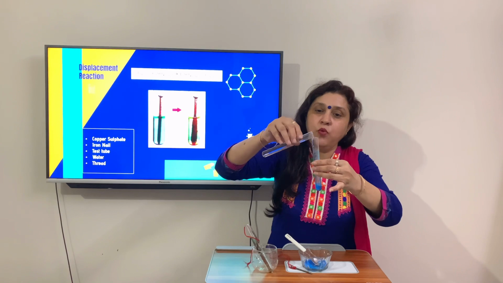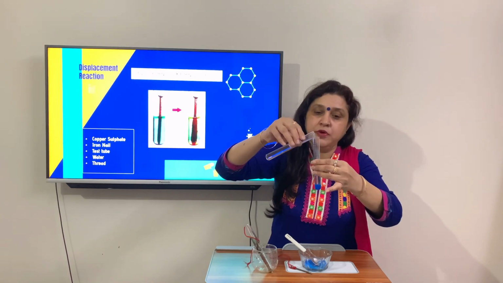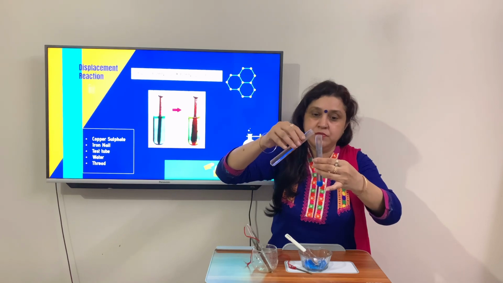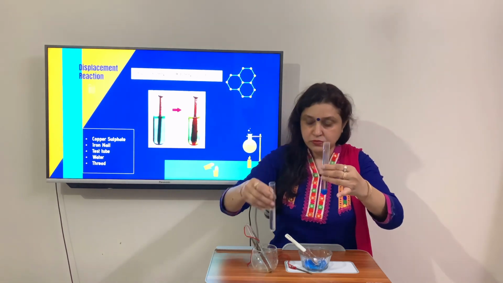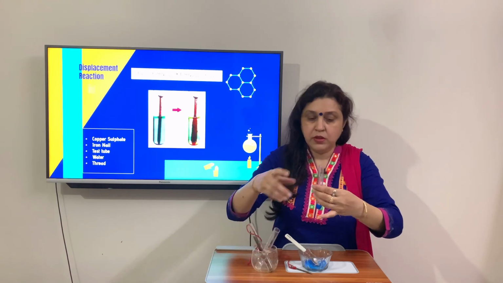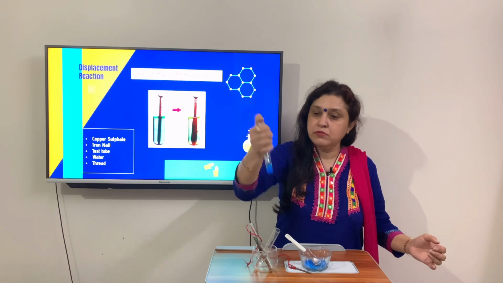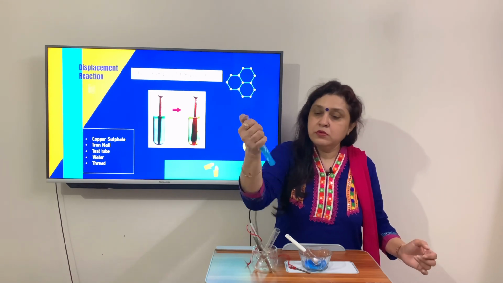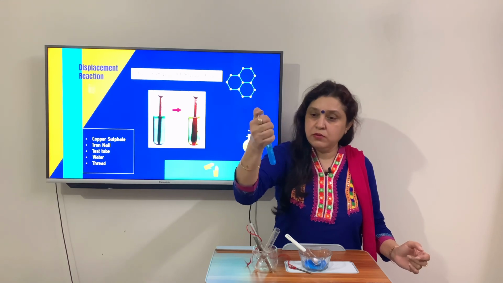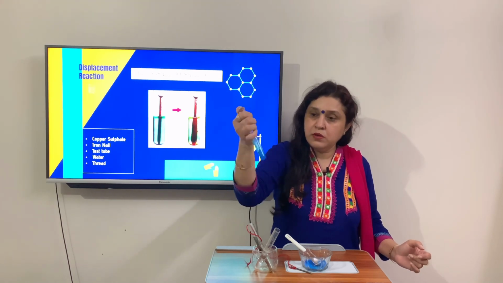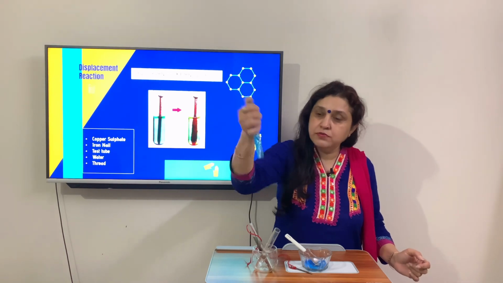Put 50 ml of water to make a solution of copper sulfate. It will take some time to dissolve copper sulfate in water. See, blue colored solution is formed